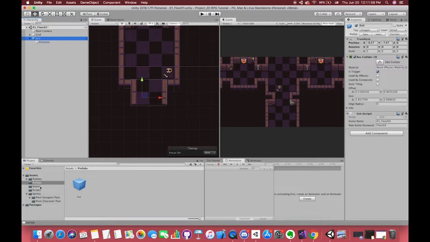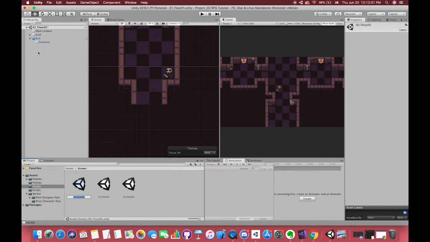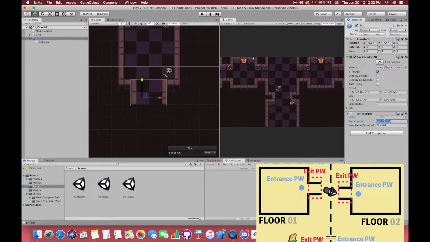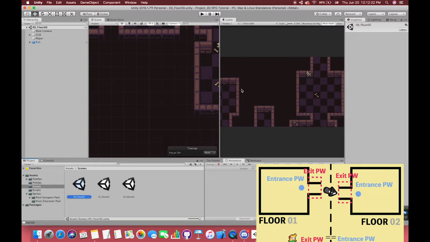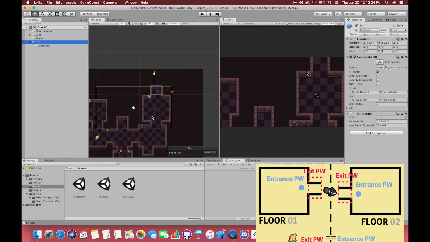First, change the scene's name. When we enter this collider area, we want to go to the first scene. Copy the first scene's name and paste it to the first slot. Then our exit password is floor 00. This string type should be the same as the entrance password in the first scene. The entrance password in Scene 2 shall be floor 01, the same as the exit password